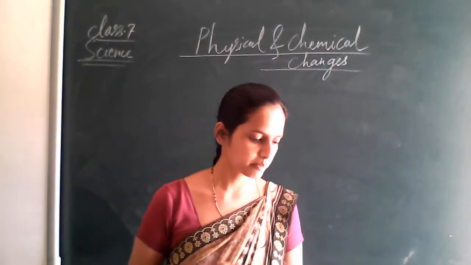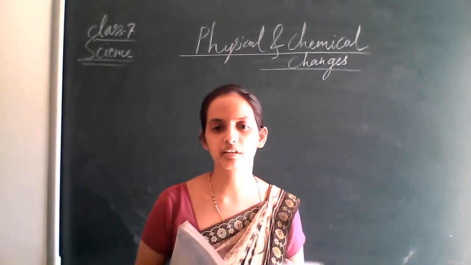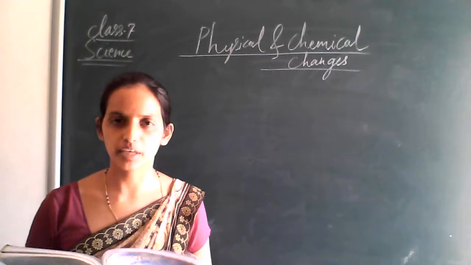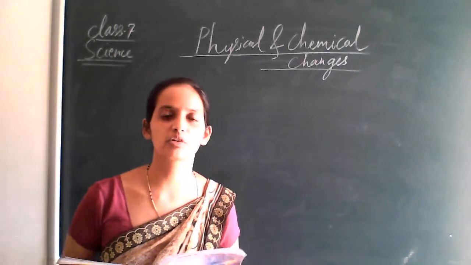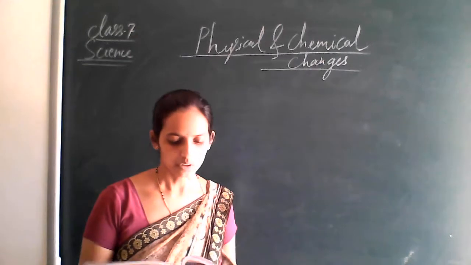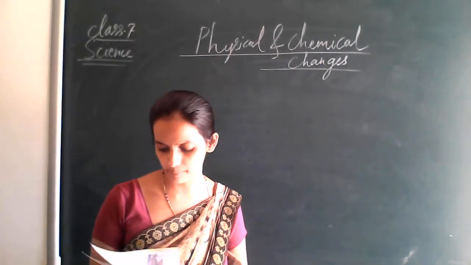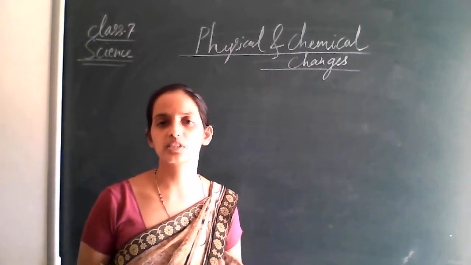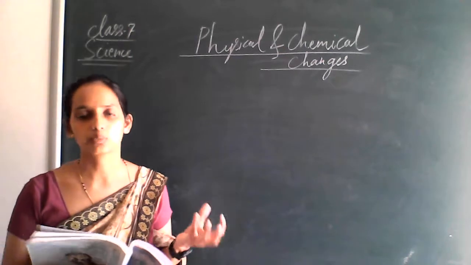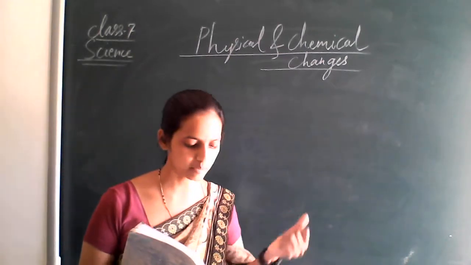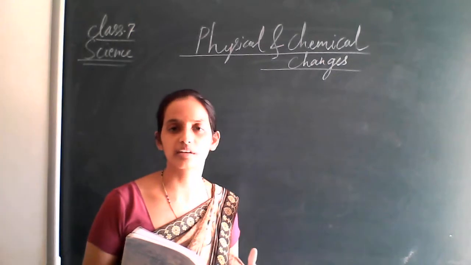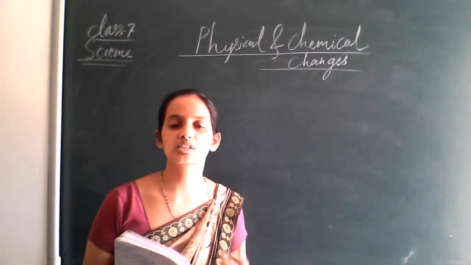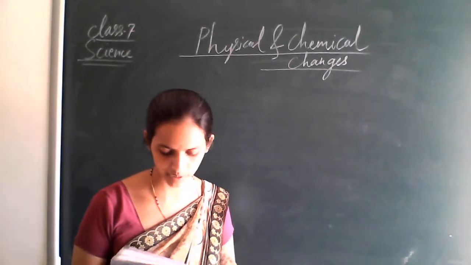Good morning. So in the previous class we have studied what a chemical reaction or chemical change is, right? Whenever there is a chemical change, there is always formation of a new substance, right? You have studied three examples in the chemical change part. The first is burning of a magnesium ribbon, which turns into ash. So we are getting the powder form of magnesium oxide. When this magnesium oxide mixes with water, it forms magnesium hydroxide. Here the magnesium hydroxide is also a new substance, right?